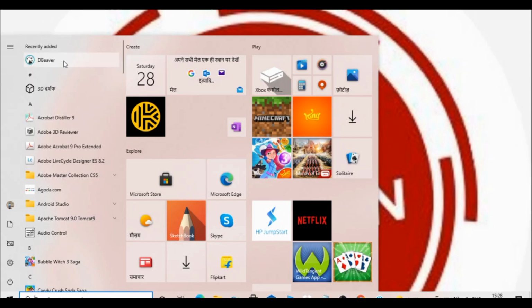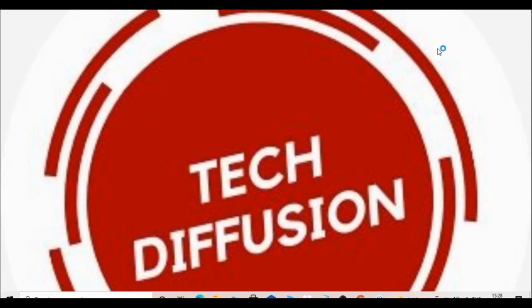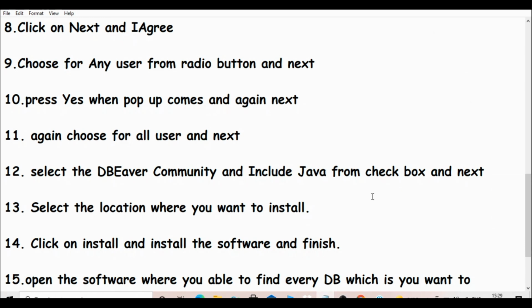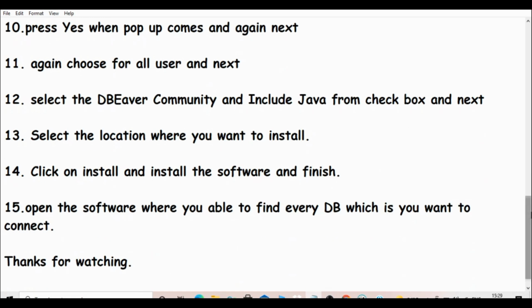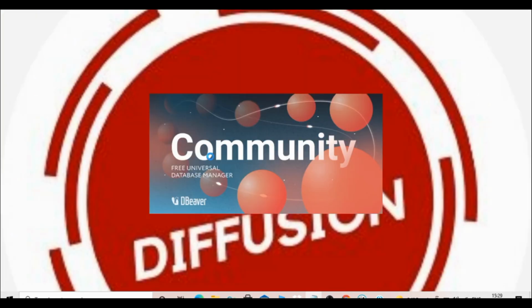I double click on it, the same way with whichever software I install. It opens the community free universal database manager.